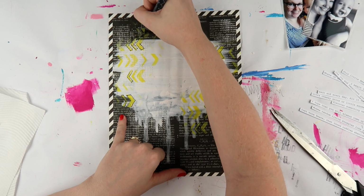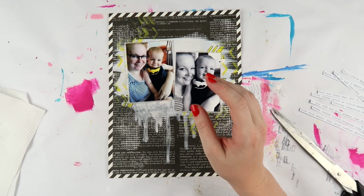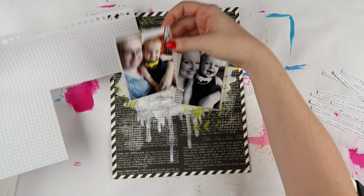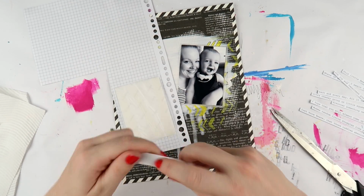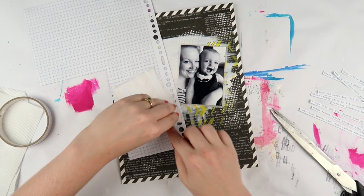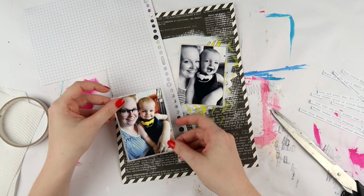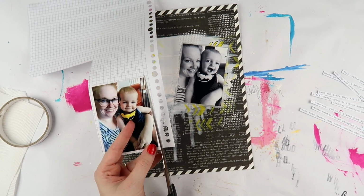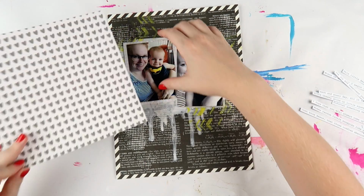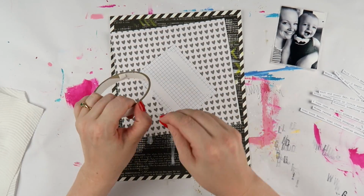I then grabbed my Posca pen, it's a 1.5 size, and I just outlined a couple of the chevron-y bits just to give them a bit of added detail, and to also tie in the black of the background. I feel like when you use black, you need to have a couple of hits of black, because if you only have one thing that's black, it does stand out a lot. I always try to have at least 3 points of something. So here you've got the black of the background papers, you've got the black in the photo, and then you've got the black of the journaling that I'm going to do, and the little doodly pen bits around those chevron